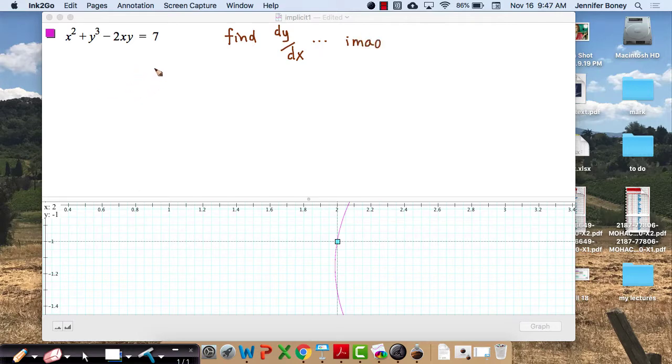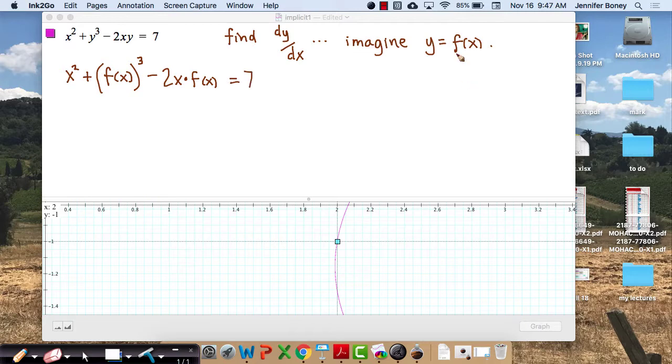that I can have y written as a function of x. I'm just going to write, suppose that y is some function of x. We're going to pretend that for a minute. Or in other words, looking at this expression here, imagine that instead of it being x squared plus y cubed, imagine it was x squared plus, well, instead of y, I'm going to call it f of x, some whole function. If I were able to solve to get y equals an expression only in terms of x, I could call that f of x. Now, it wouldn't actually still be a function here, but f of x cubed minus 2x times f of x